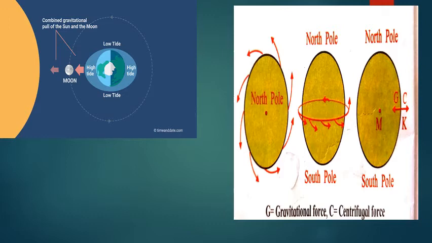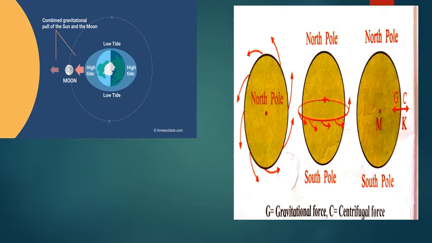Now see the second picture. In the picture you are seeing two things. One is the North Pole and one is the South Pole. Now, there are two things which are shown here, right? There is an arrow running towards, that is your centrifugal force. In the first figure, it's moving round and round. The other one is also the centrifugal force that is running round and round, in different directions.